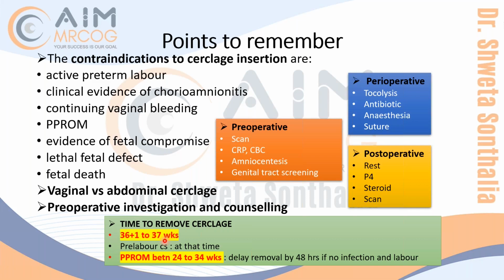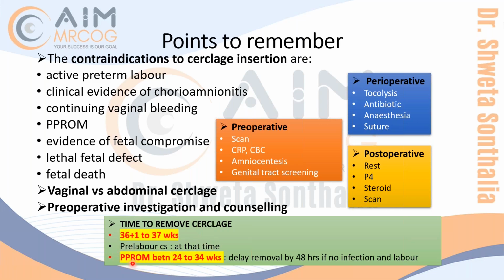Sometimes, like in trachelectomy, you have more chances of preterm also, 20 to 30%, and you want to do CS before she goes into labor. In that scenario, you will not call her one time to remove the cerclage and then do CS another time. So better to remove it with the CS. So in trachelectomy where you do a late preterm CS, you will be removing the cerclage at the time of CS. So you won't call her again for another visit for cerclage removal. This is important. This is the routine recommendation, but if you are planning pre-labor CS, then you will remove the cerclage at the time of CS.